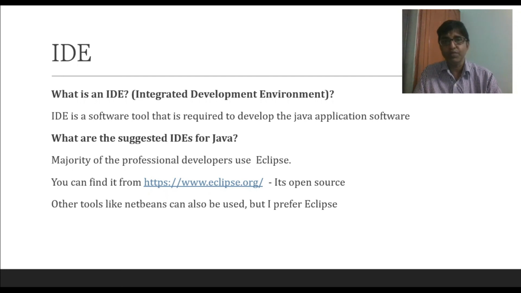The majority of software developers use only Eclipse. They also use NetBeans, but that is very rare. So I use only Eclipse. It has debugging tools, all the necessary tools, and a compiler. You can add libraries, remove libraries, and set the path. You can do a lot of stuff using the IDE. It saves time for you.